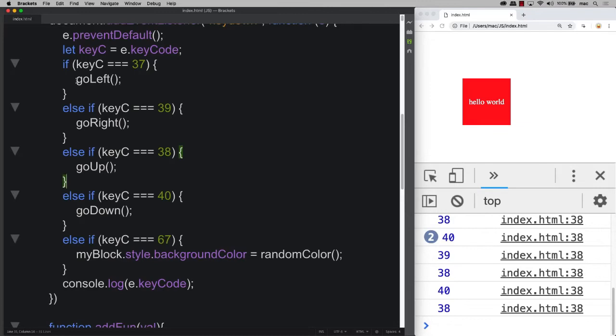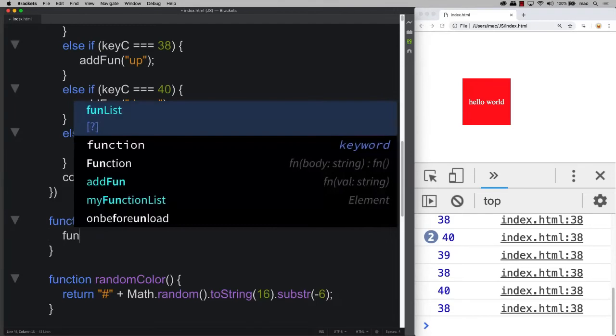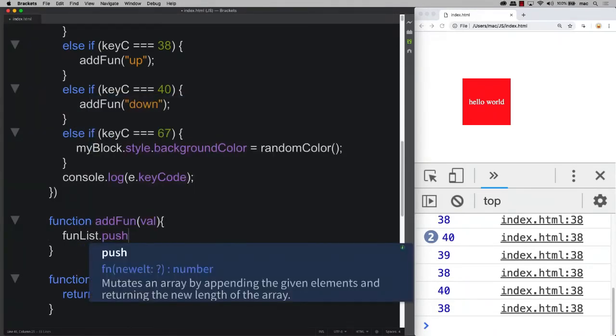So instead of going left, we're going to send this information over to addFun, and we're going to just send in the information left. We're going to do the same thing for right and up and down. So all of them are going to get the information now being passed into the array, as well as storing it to be added in and run at a later point. Passing in all of these values into the add, the first thing that we want to do is take funList, and we're going to push